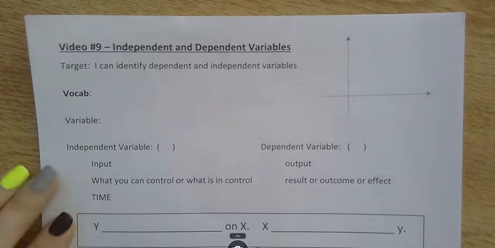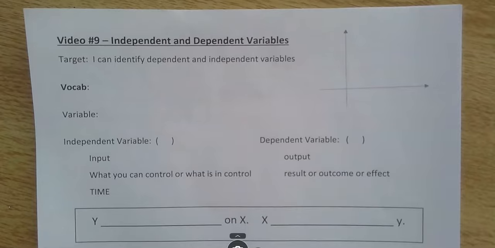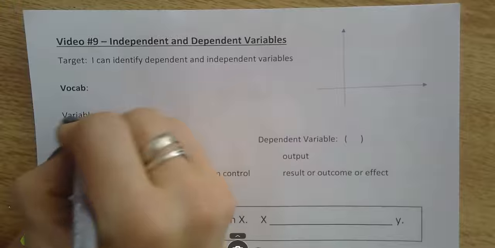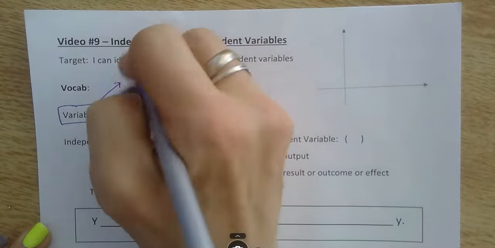Okay, we're going to be talking about independent and dependent variables. So knowing what they are and how to use them and put them together into an equation. So vocab, variable. A variable is a quantity,